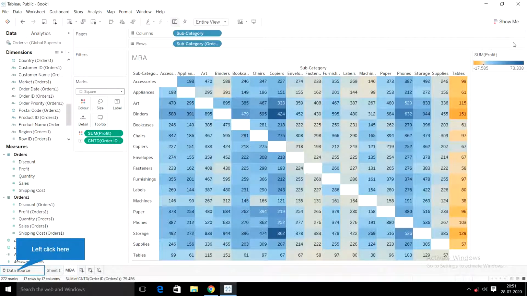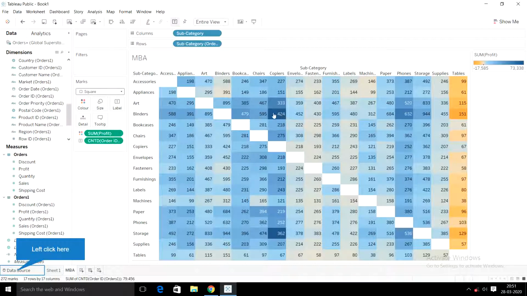So this area will tell you what is the profit that is generated by the combination of goods that are being purchased together. Dark blue means that particular combination of product gives more revenue to your business. Here in this data set, we have dark blue in two areas. The first combination is the copier and binders.